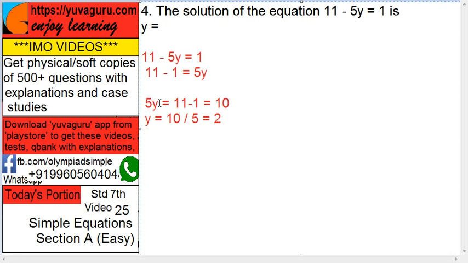So y equals 10 upon 5, this 5 goes on this side now. Here it is multiplied, so it becomes divide. 10 by 5, 5 twos are 10, so y equals to